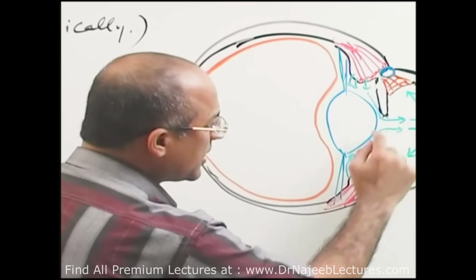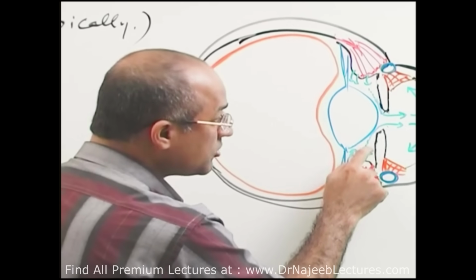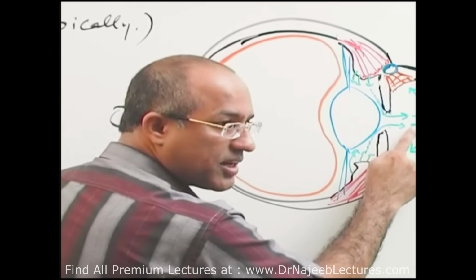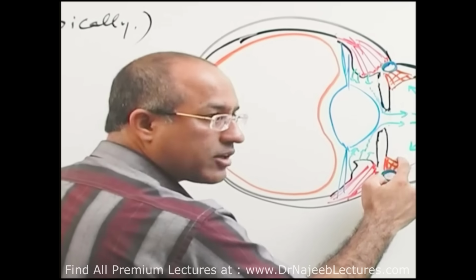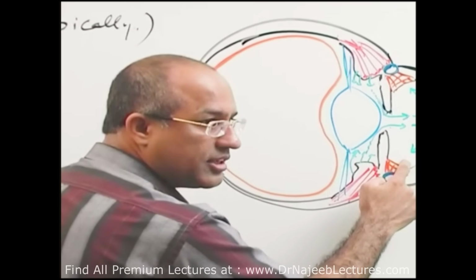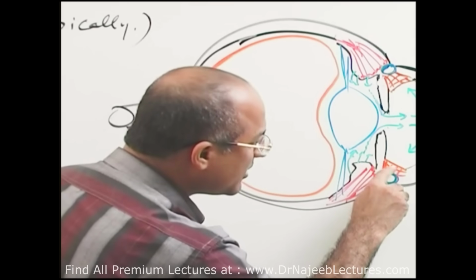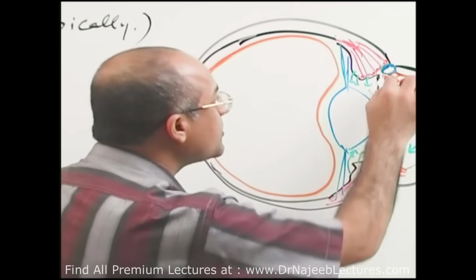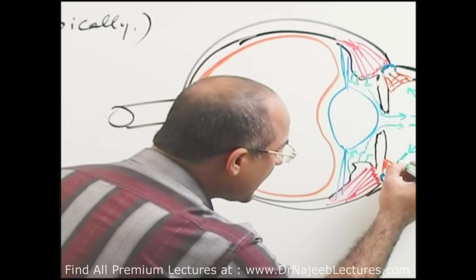Now, aqueous humor secreted by the ciliary surface comes into the posterior chamber, and through the pupil it comes into the anterior chamber. While washing the back of the cornea it comes down and up, or you can say from the center it moves to the periphery at the corneo-scleral junction. It moves through this trabecular network. What is this? Trabecular network, and through that it drains into the canal of Schlemm.